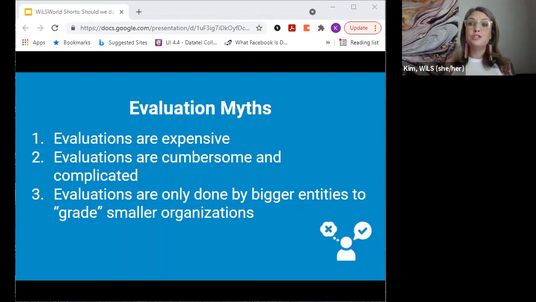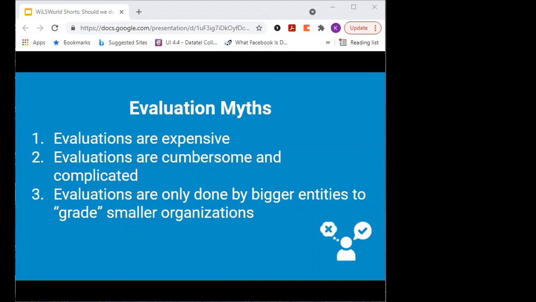In fact, I would encourage you that there's likely value in evaluating many of these items, and that evaluating them might be less time intensive and expensive than you might think, but that it does require taking some time and intentionality and planning on the front end. Anything that you spend time or money on at an organization, especially if it's a new endeavor, taking that time to evaluate it can really help illuminate what's working and what might need to be tweaked.